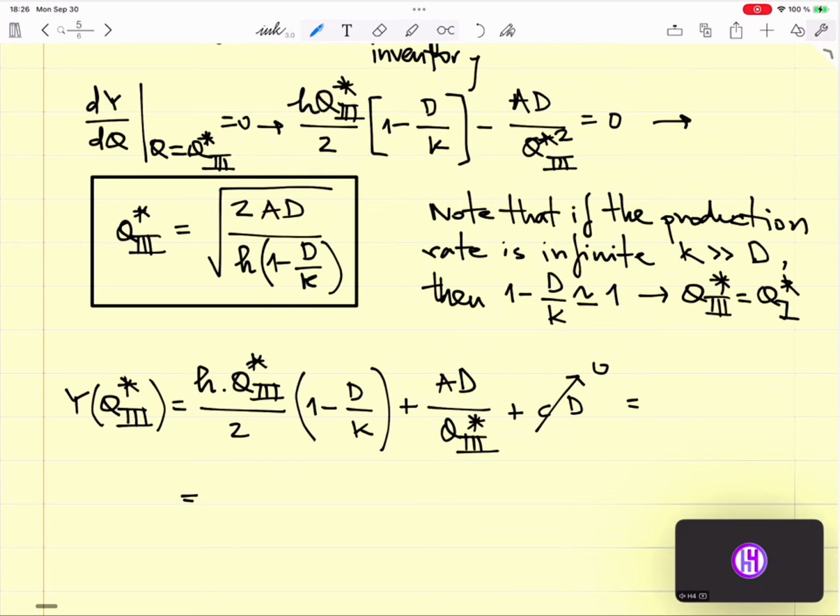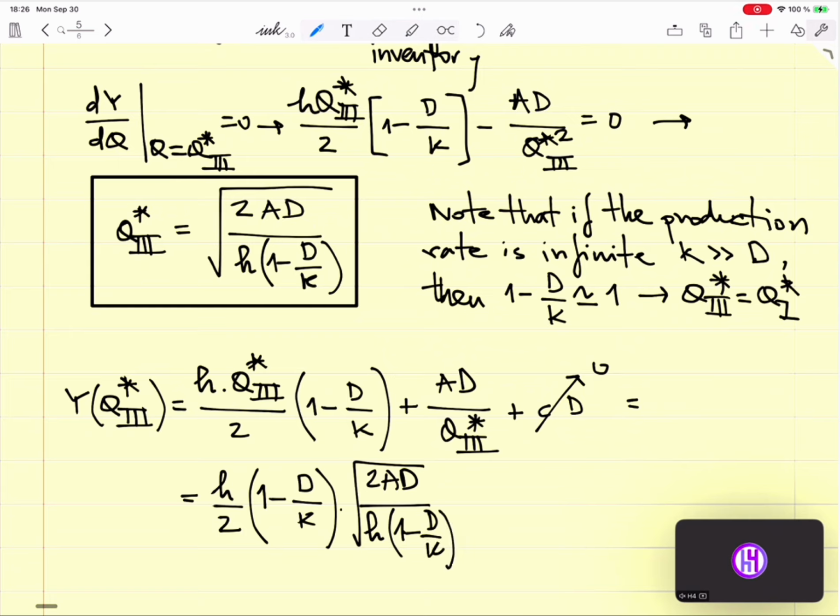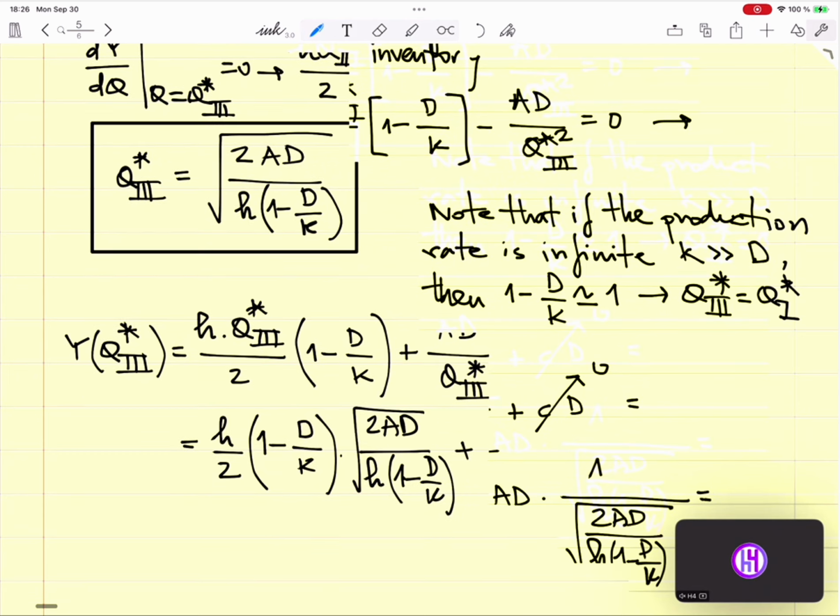And so we have H divided by 2, 1 minus D divided by K times 2AD divided by H times 1 minus D divided by K plus AD times 1 divided by 2AD divided by H times 1 minus D divided by K, equal